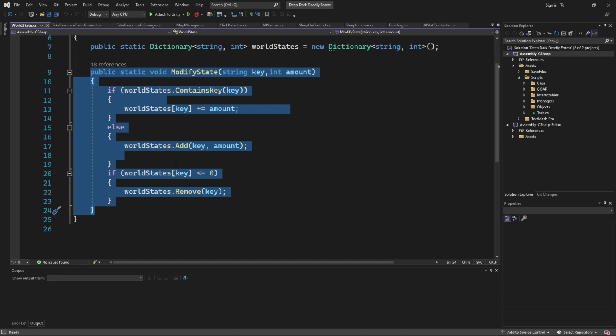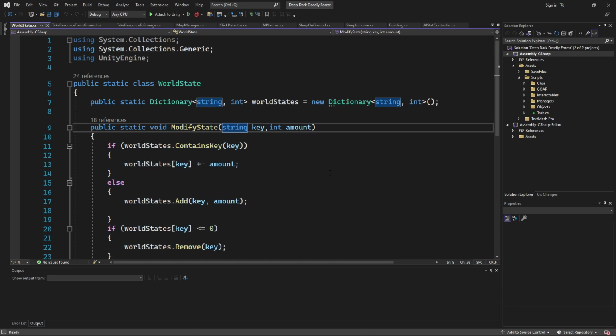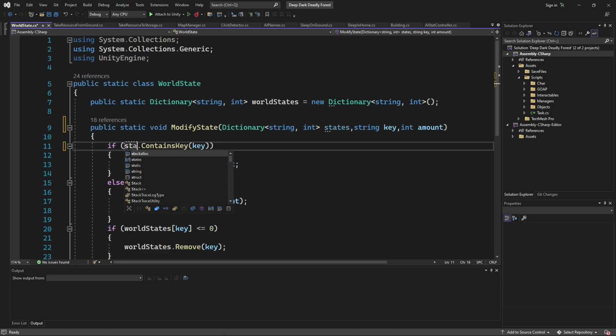It would be nice if I could maybe change this to the dictionary state. And so instead of here, let's change this to states.